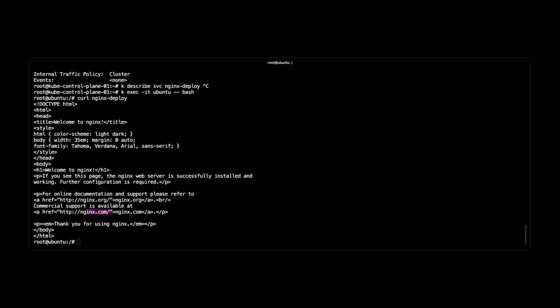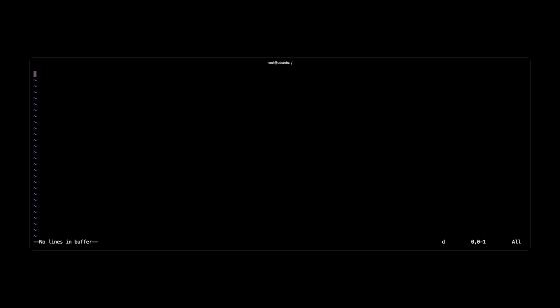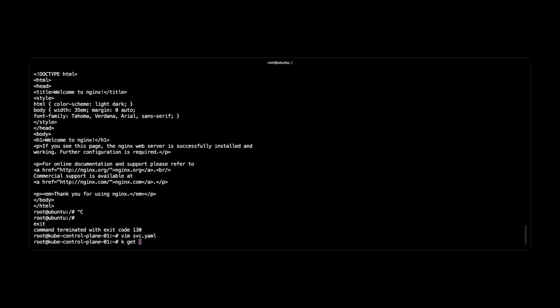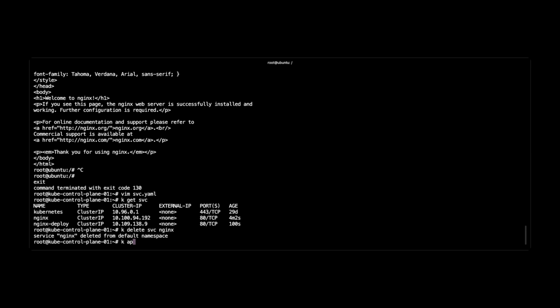Declaratively, a service looks like this. So let me show you the YAML manifest. I'll use a YAML file like svc.yaml. I already have this here, but I'm removing this. As you can see, the kind is Service, the metadata name is nginx, the type is ClusterIP, and the selector is run=nginx. So if I remove the already existing nginx, like k delete svc nginx, and then k apply svc nginx svc